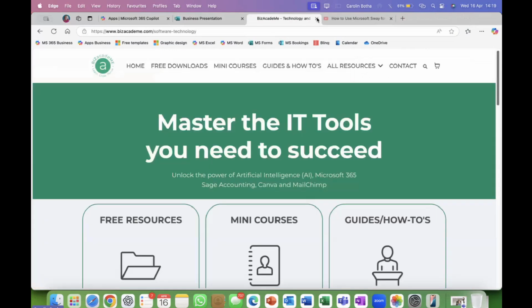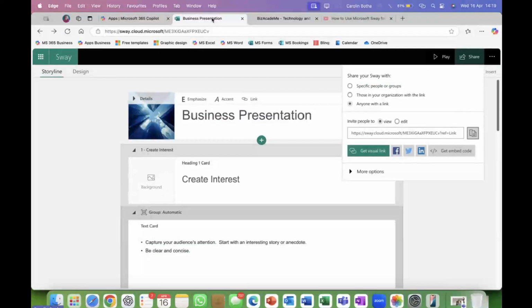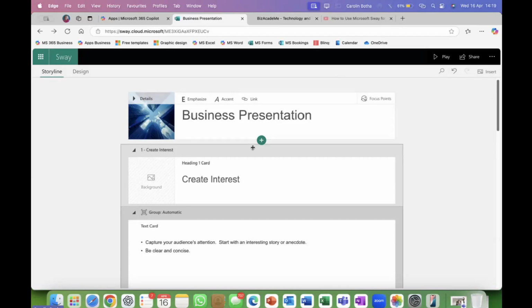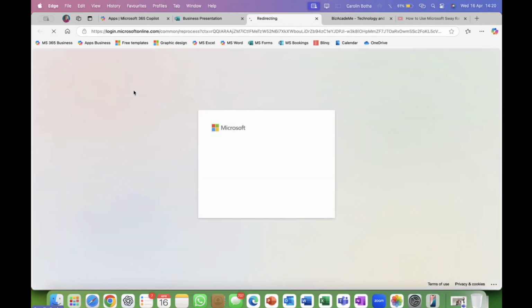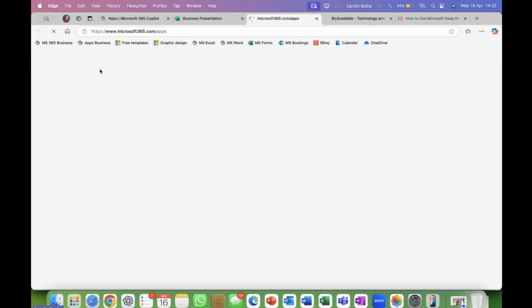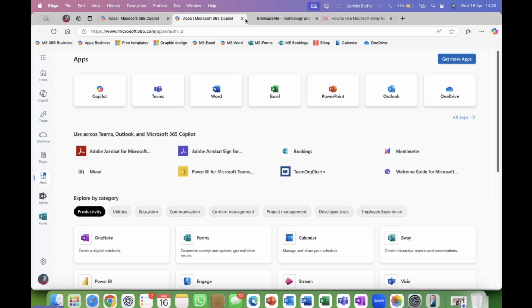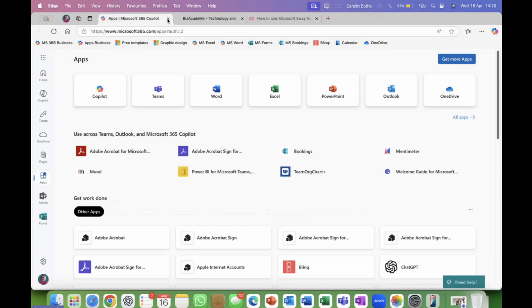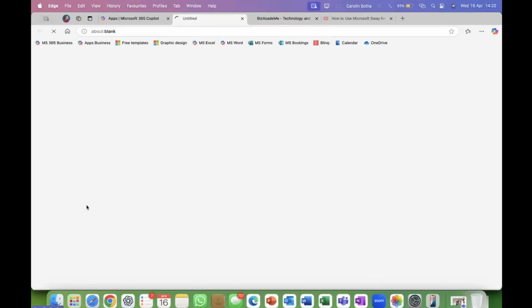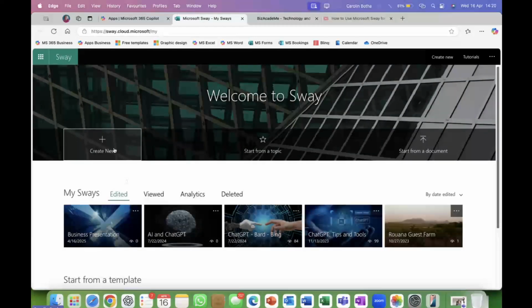I'm just going to close Chrome because it takes up a lot of resources. And I'm also going to close this presentation. And there we go. So this is what you can do, but let's start brand new, fresh, blank, and let me show you what you can do with Microsoft Sway. Let me just close that as well. I don't want too many things open, just to stay on the safe side with the electricity. Let's go back to Sway and then let's go and create a brand new presentation.